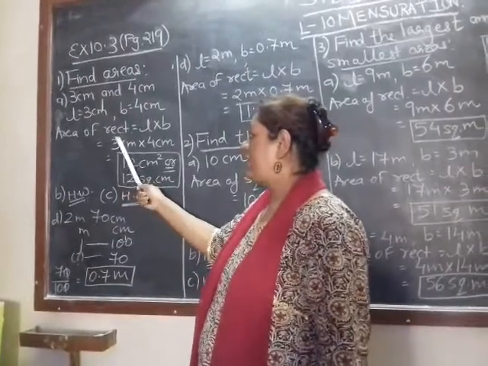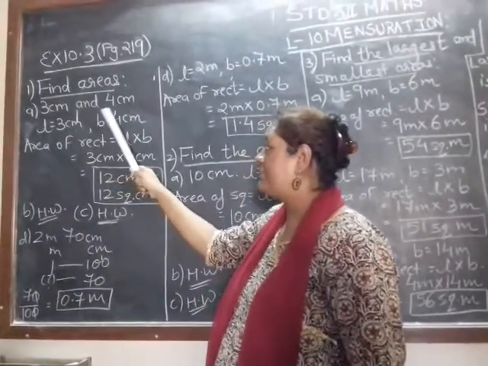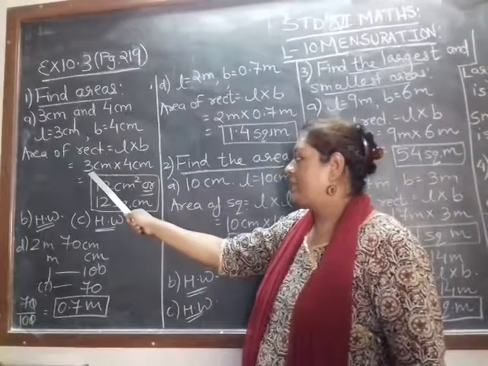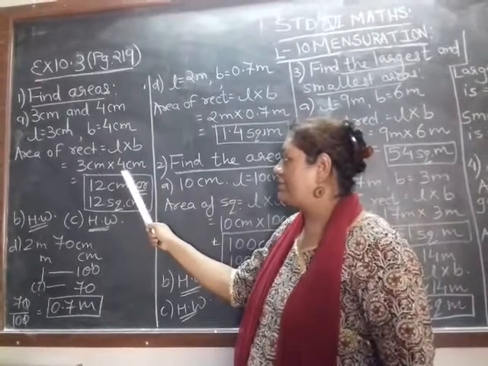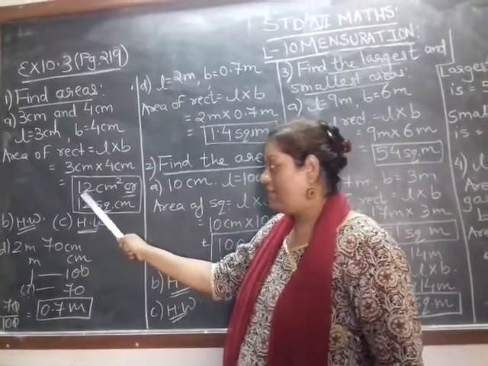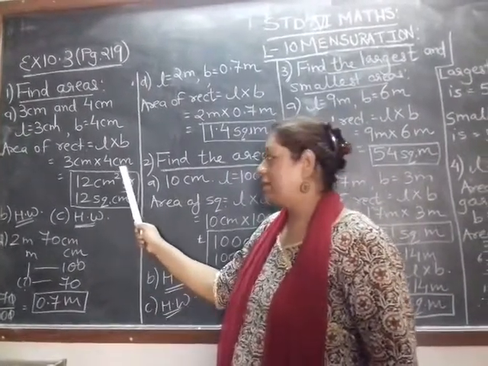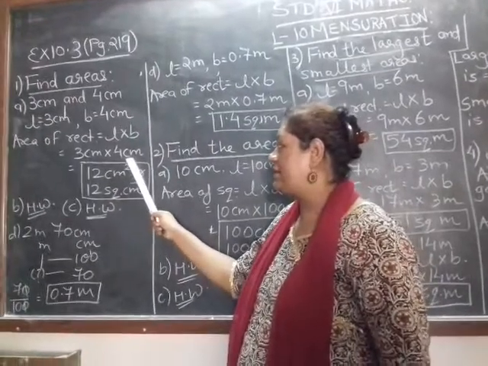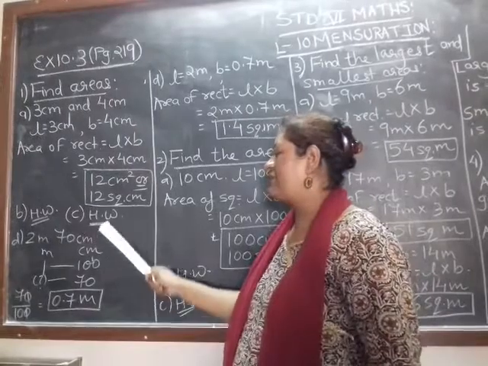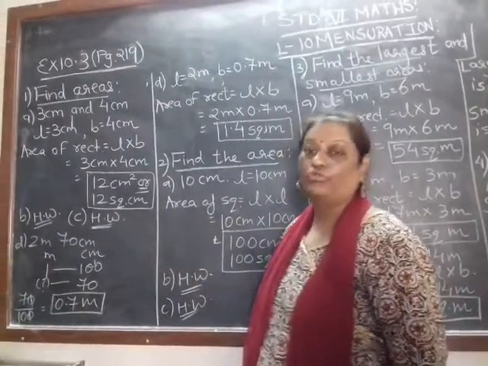Now, the area of a rectangle, I had already given: in a rectangle we have L and B, that is length and breadth. So the formula will be L into B. So 3 centimeter into 4 centimeter will be 3 into 4, 12, right? But here not only the numbers, the units are also multiplied together. So here centimeter into centimeter. Centimeter is repeated how many times? 2 times. That is why we write square centimeter or centimeter raised to 2.